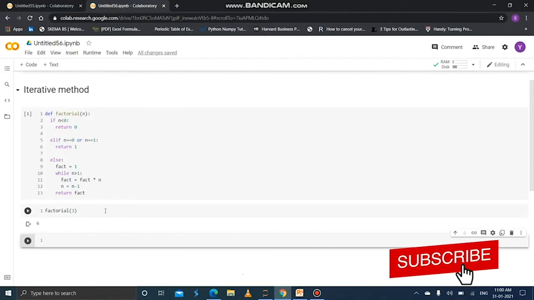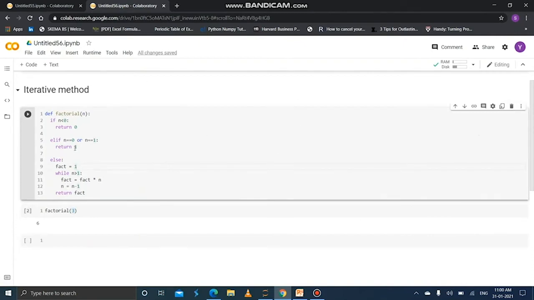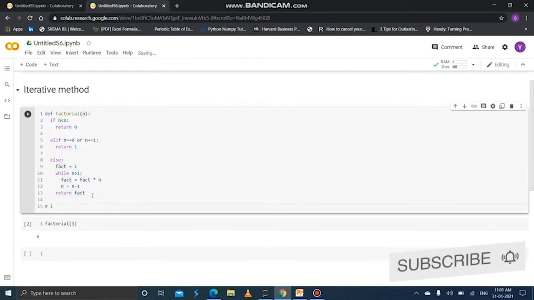Alright, I will explain again. We know that the given number 3 is not 0. First, we initialize the variable with 1. While 3 greater than 1, as of now the condition is true because 3 is greater than 1, and now fact is equal to fact into n. We know that the value of fact is 1 and the value of n is 3 in the first iteration.